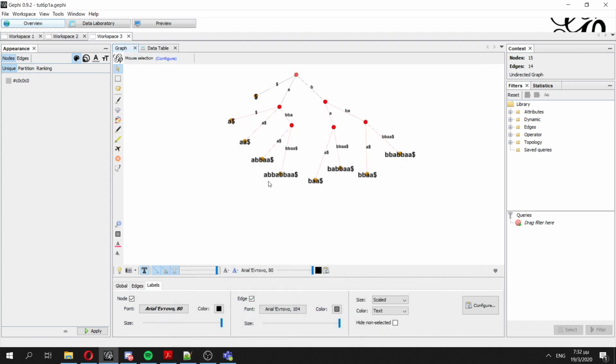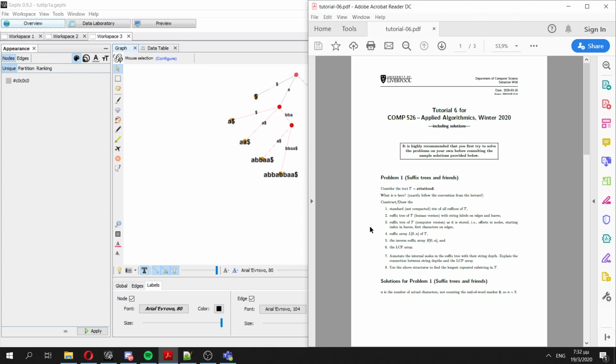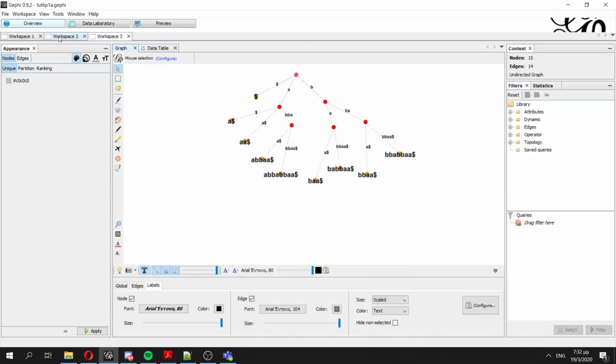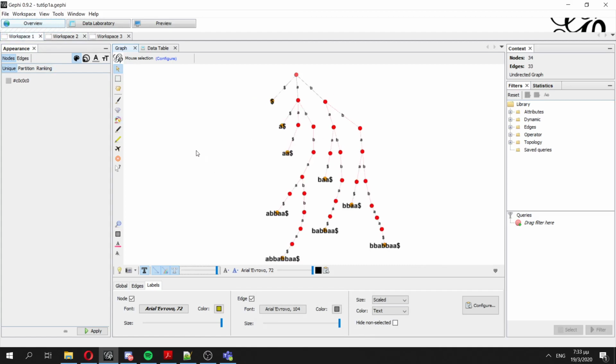Hello again, everyone. We'll continue with subproblem 3 from tutorial 6. What we need to do is draw the suffix tree of t, the computer version as it is stored. We need to add the offsets in the nodes, the starting index in leaves, and the first character on the edges. So let me remind you, this was the non-compact version of our trie tree for